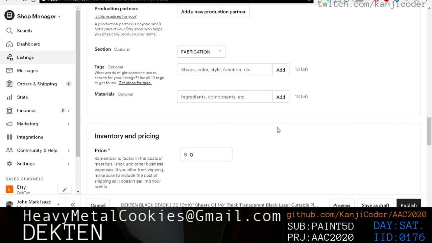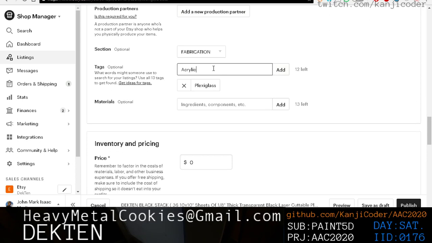And tags: plexiglass. Right. Add acrylic sheet, plexiglass, laserable plexiglass. I don't think we can do 1/8 thick, can we? No. Well,